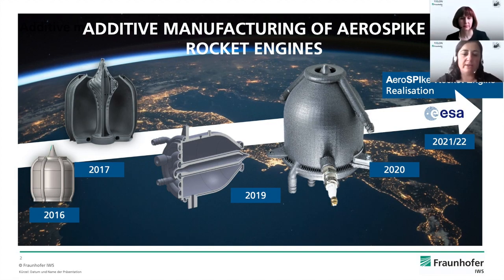Moving to the advantages of the aerospike, we can see that apart from this special design that cannot be made with conventional manufacturing, working with additive, we can spare mass, we can be independent of the ambient pressure, and that's why we get 30% less fuel consumption. We can print smaller nozzles with less weight,